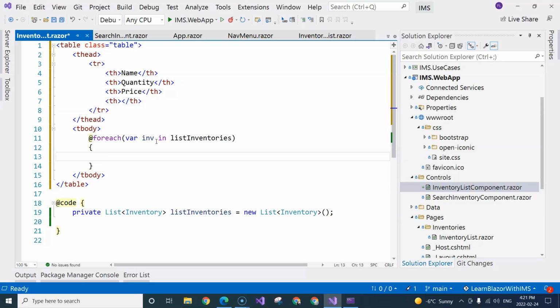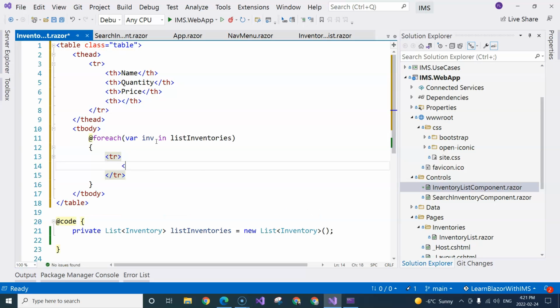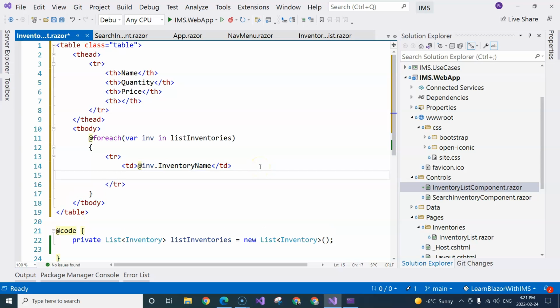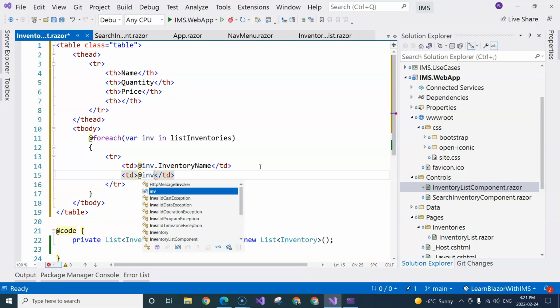Now I can choose to write everything in here, like tr, and then td inventory dot inventory name. Remember, once we started writing the HTML elements, we will have to use the @ sign because the HTML element breaks the flow of C#, right? So I have to do an @ sign here, and then quantity, we are going to say @ sign again,